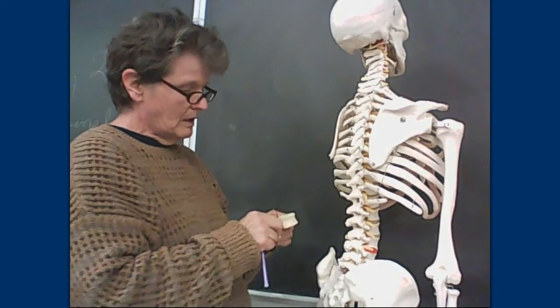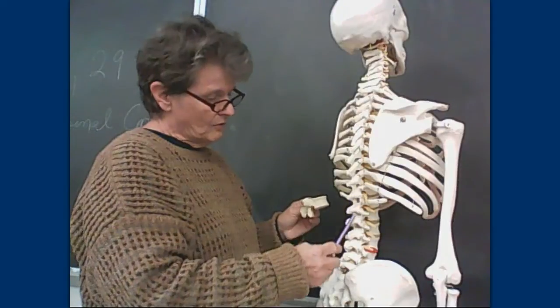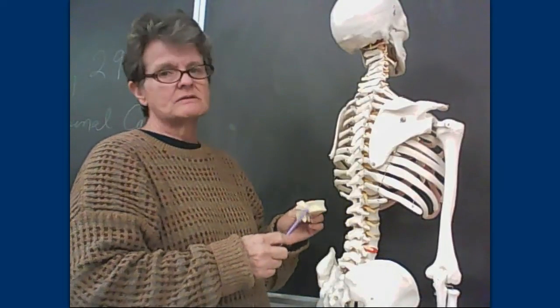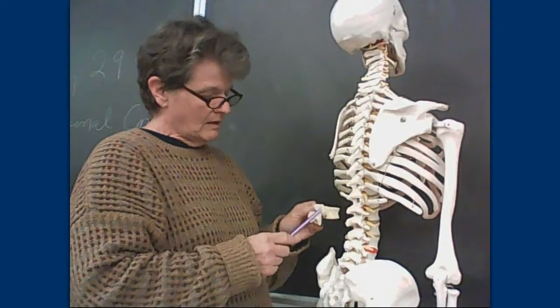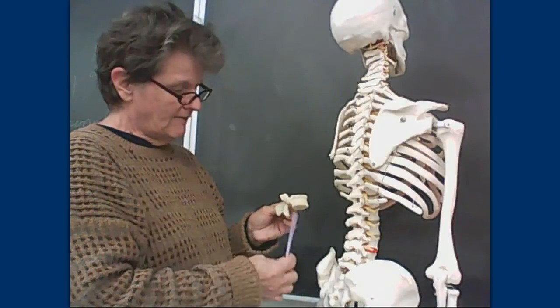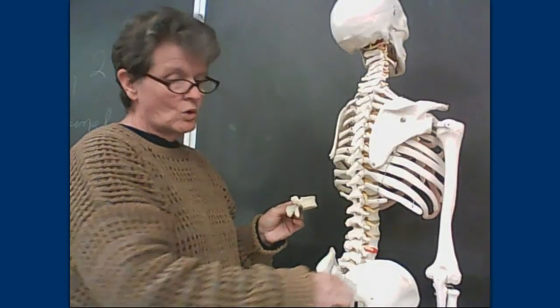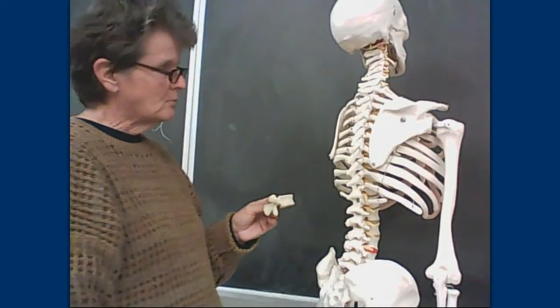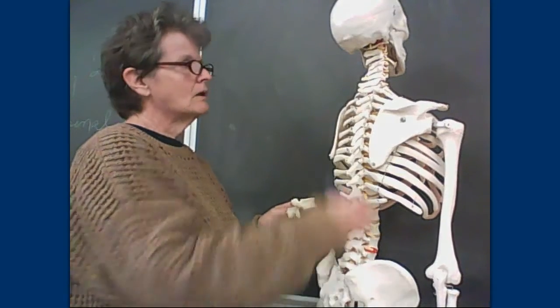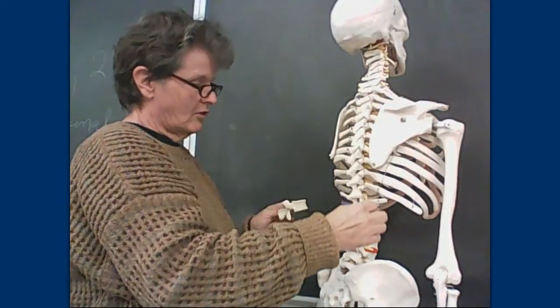Now, as you go further down, still the spinous process protrudes downward. As you go further down, you're going to have a larger body because it's holding, again, more weight. Here's the transverse process, the spinous process, the body, the vertebral foramen, where we have the spinal cord coming through. These lower vertebrae are called the lumbar vertebrae. You have 5 of them. So 7 cervical, 12 thoracic,